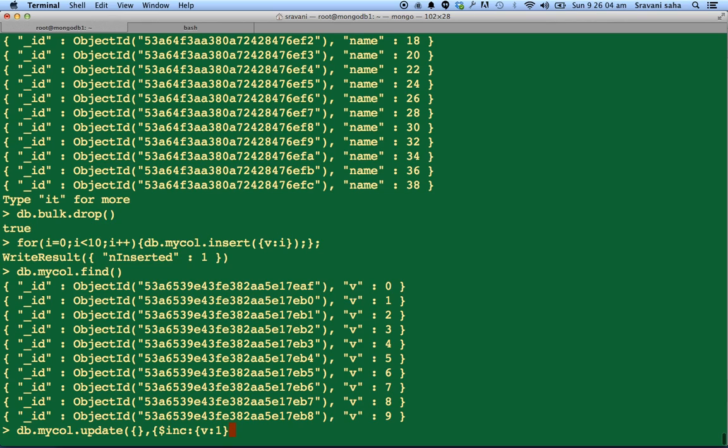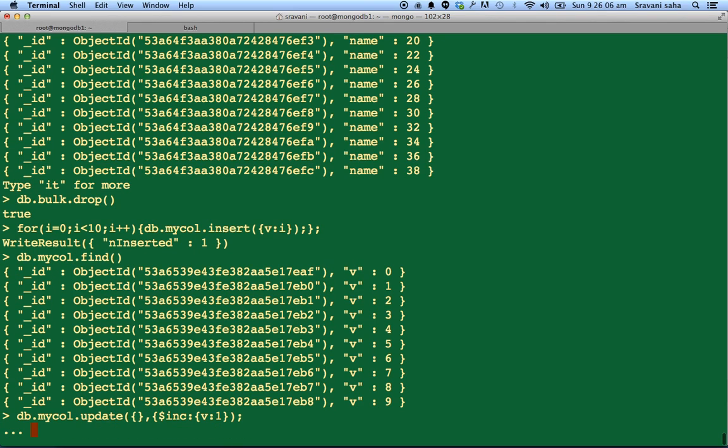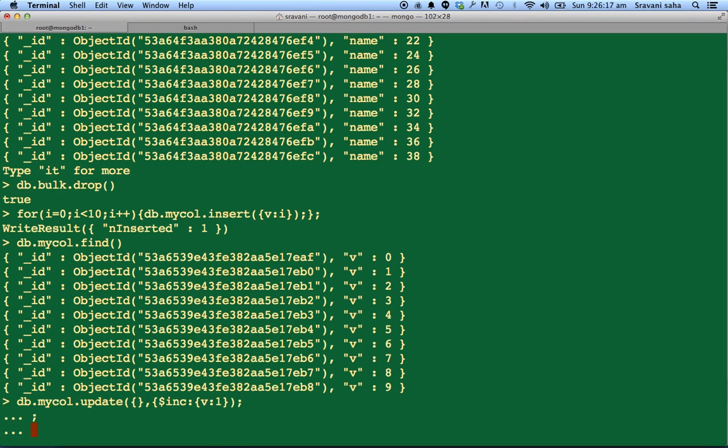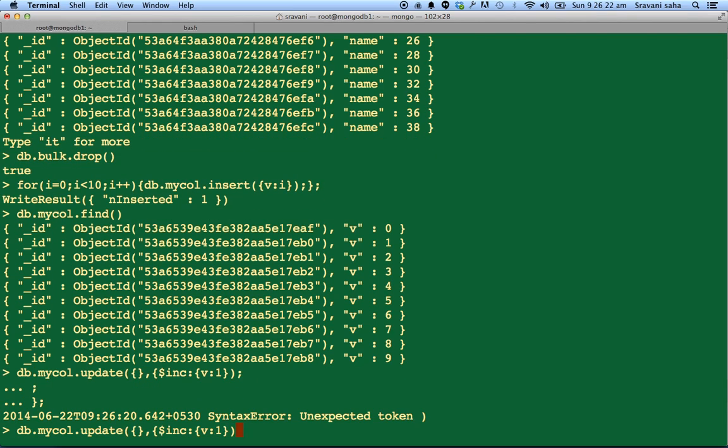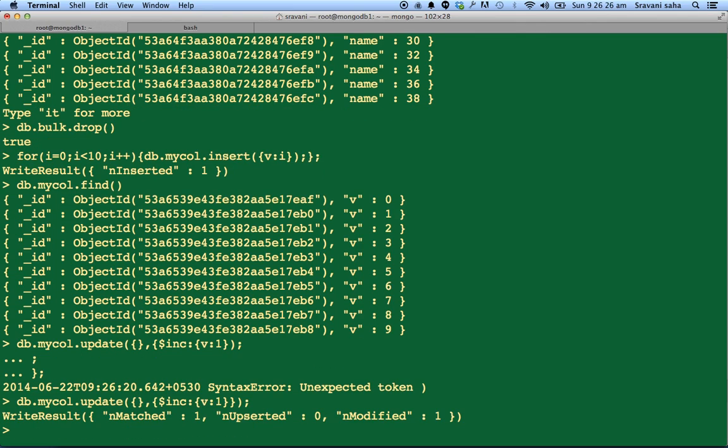Okay. Oh, I think I missed again. I missed one curly brace. So I've increased all the values by 1, and